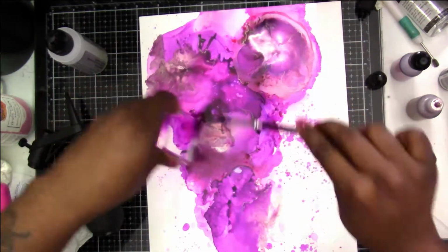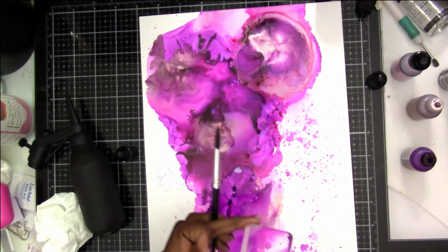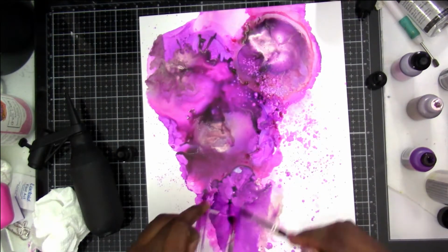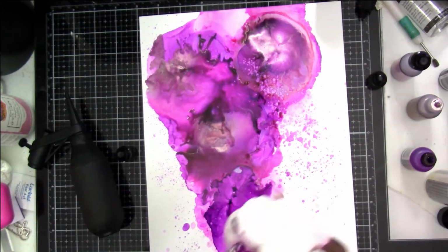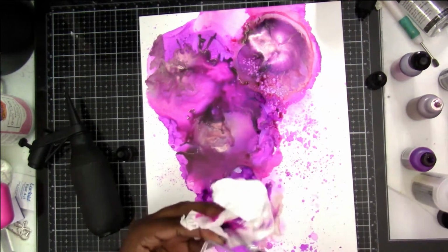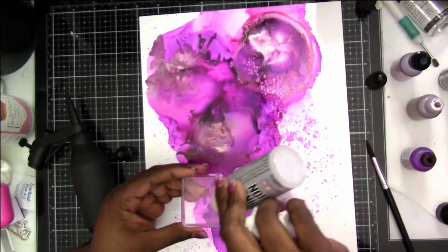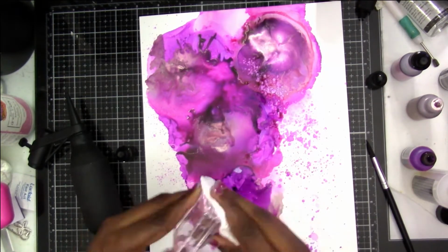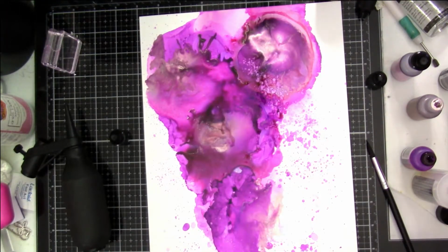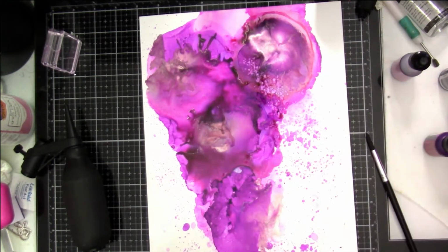And when I get ready to clean, this brush right here that I'm using is obviously just for my alcohol inks, and I'll keep that with the alcohol ink so it doesn't get mixed in with other stuff. But the best part is once it's time to clean it, you just use your blending solution. I put it on the block and I just start cleaning it off with a paper towel, and it was pretty clean there when I just showed it to you, but I wind up having to clean it again because